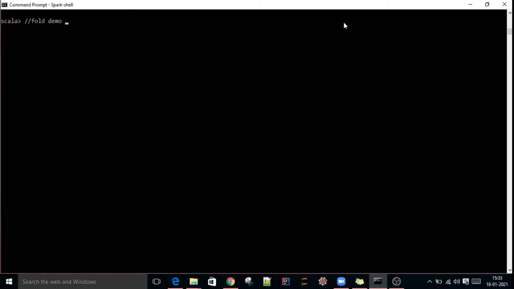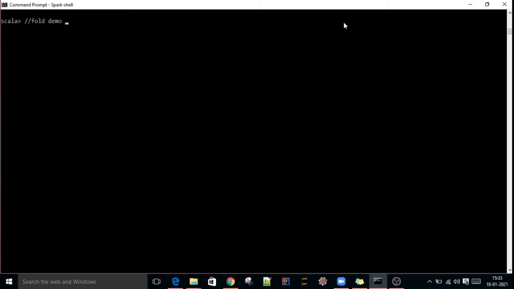Once it applies that initial value to all the partitions, then on top of the result of whatever operation you are doing on the partitions, that initialized value will also be applied.